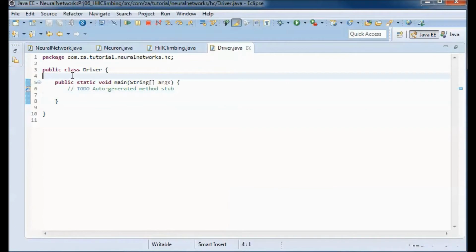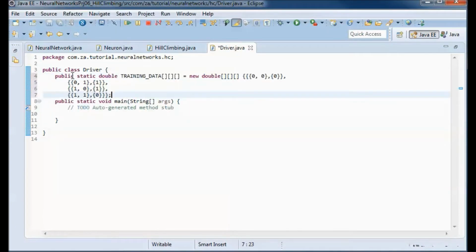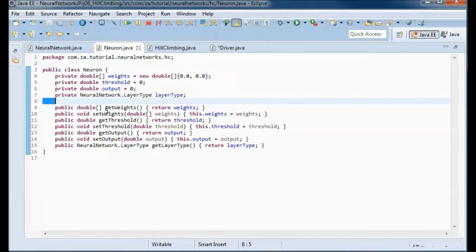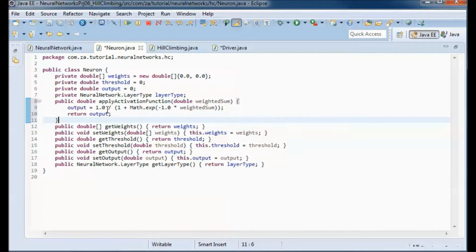And I will be using XOR as the training data, and going to the neuron class, we will use the log sigmoid transfer function,